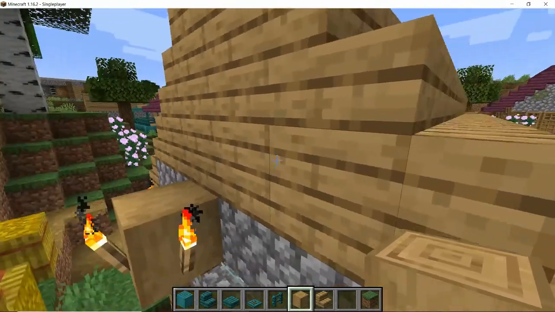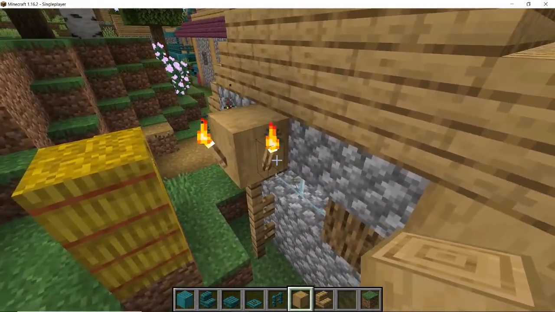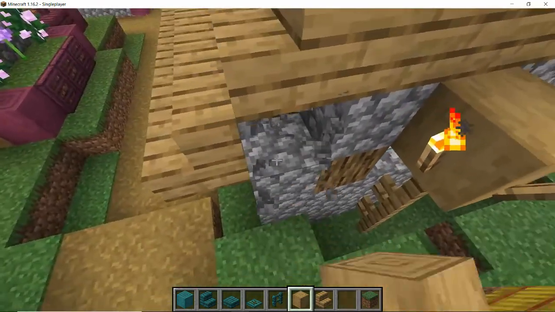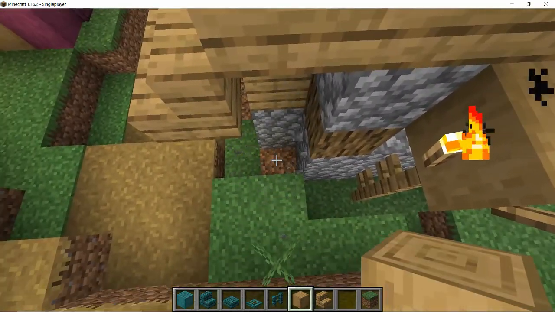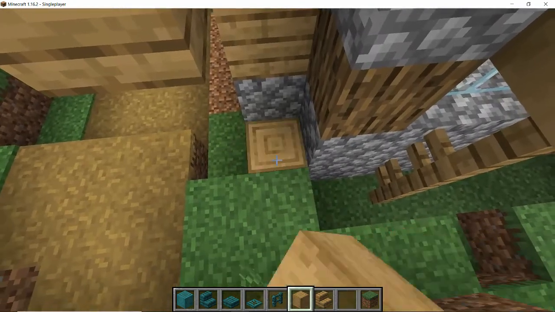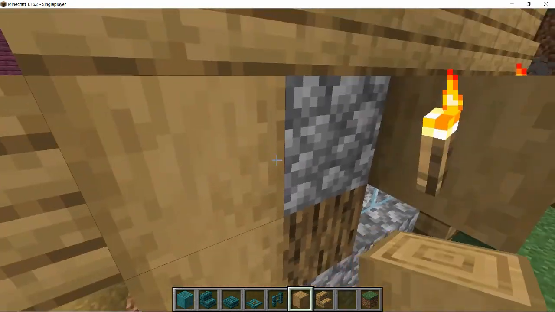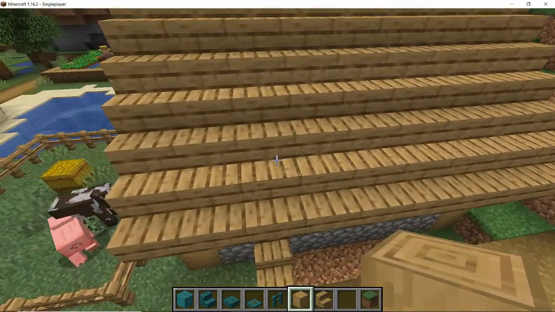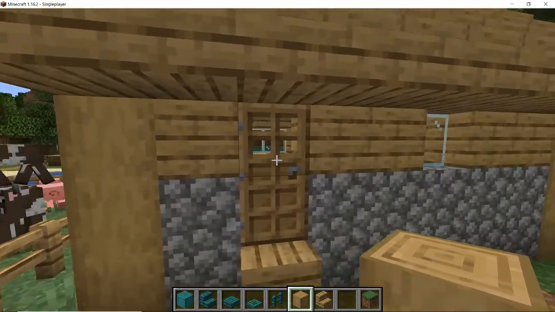Where I did build this house, I built it right up to where we've got a lamppost, and I chose to keep the lamppost anyway. You might choose to remove the lamppost if you don't like it being that close to your build, but I just thought let's just keep it there. Right, so we've just replaced the corners, like so,